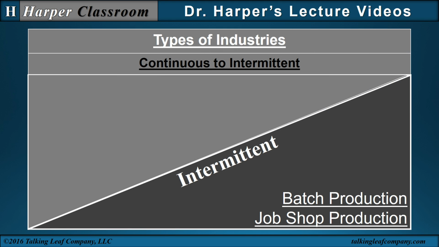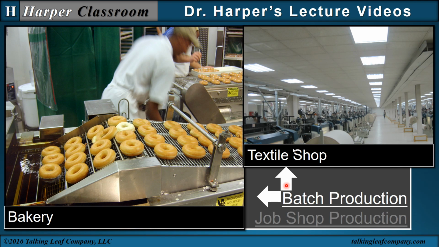One type of intermittent industry is batch production. An example of batch production is a textile shop, where each textile run is one product line of garments, and then you shift over to another product line. Within a production run, it could be continuous repetitive techniques, but the changeover to the other product line would be intermittent techniques. Another example is a bakery, where the production runs are much smaller, but you still have changeover to